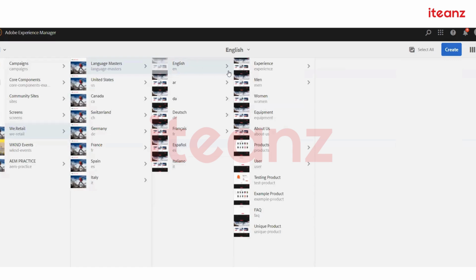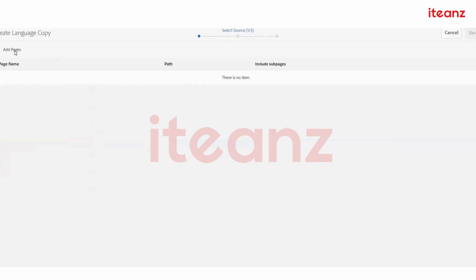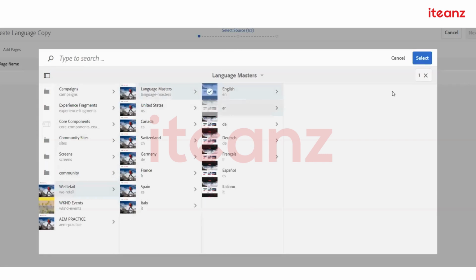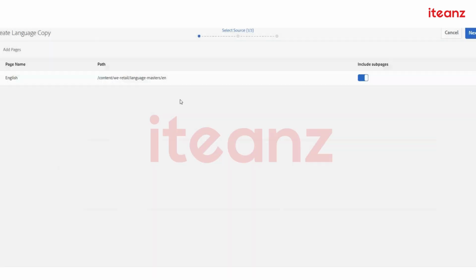So in the live copy is clear, right? So I'm going to show you the language copy. I'm going to create a language copy. Here you can see add pages. You can add multiple pages to do it. I'm going to select one single EN. Under the EN include subpages. Here you have the option to include subpages or not. So I'm going to select the English, click next,